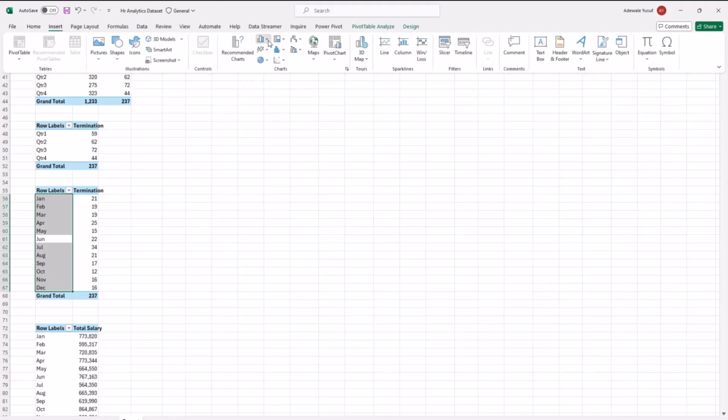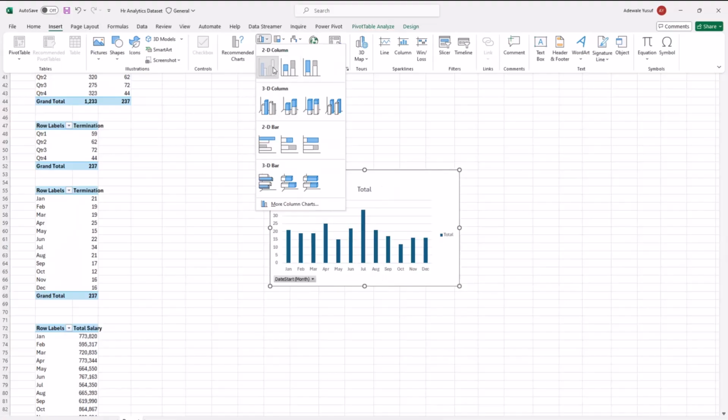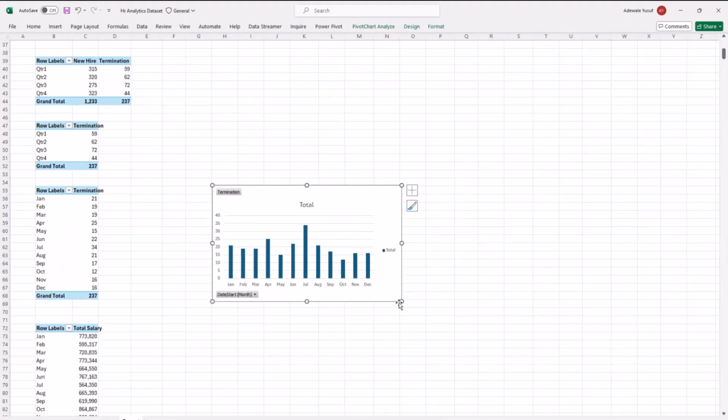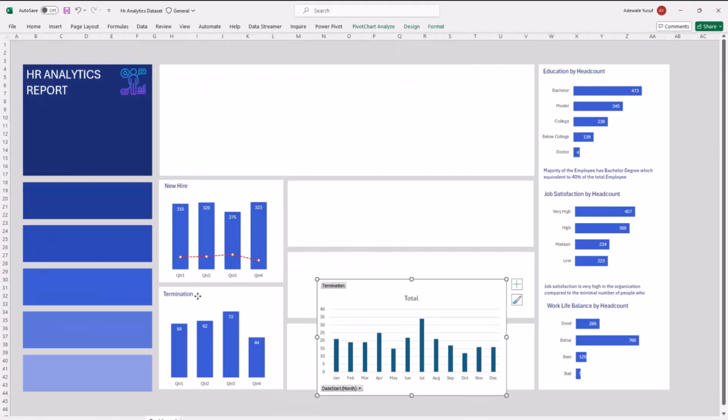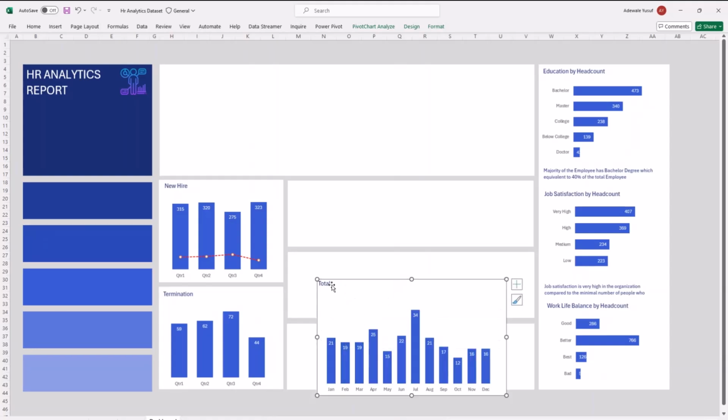So I'm going to go here and I'm going to select this one. So I have this visual like this here. So I'm going to delete this guy here. Like I said, since I have something similar here already, I don't need to waste my time. I can just bring it here and just click on this one and just copy and then paste it here. So you can see it very fast.